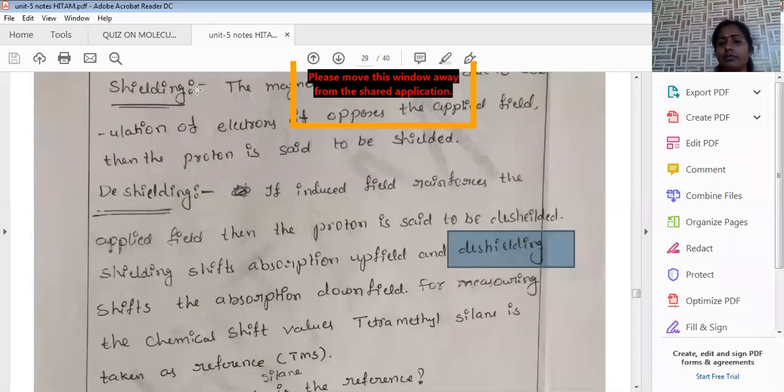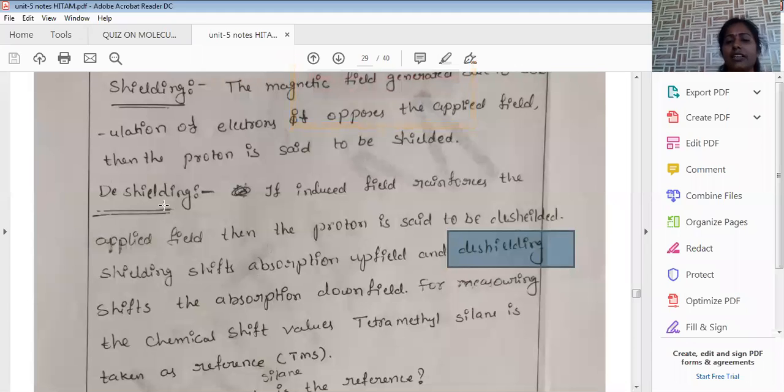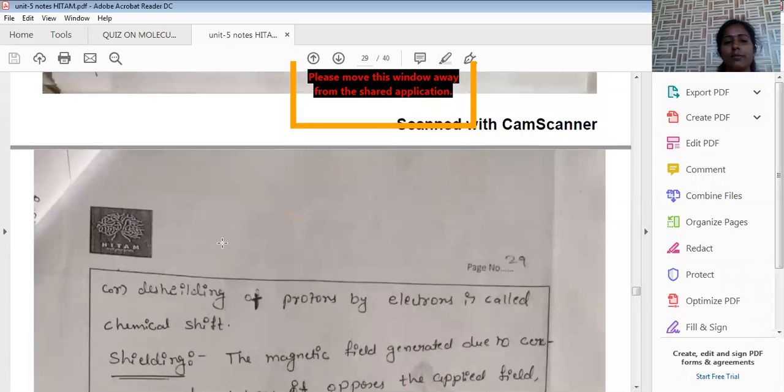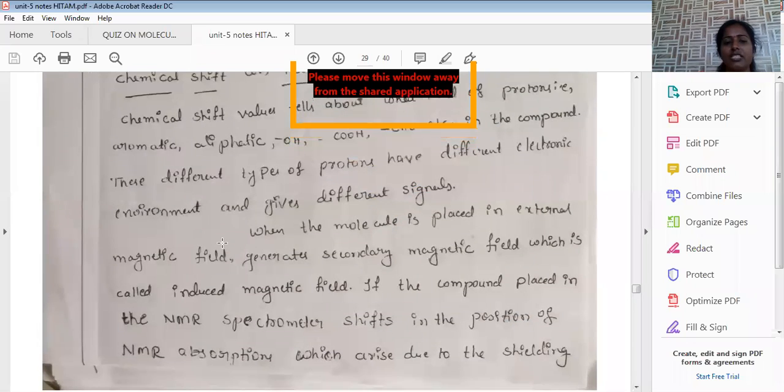Shielding is nothing but the external magnetic field and the internal magnetic field having opposite directions of rotation; that is called a shielding effect. Whereas deshielding is when the external and internal magnetic fields both have the same direction of rotation. If the external is in clockwise rotation, the induced one is also in clockwise rotation. That is called the deshielding effect. Deshielding is nothing but reinforcement. Shielding is nothing but an opposing effect. Okay, so this is about the important principle of chemical shift.